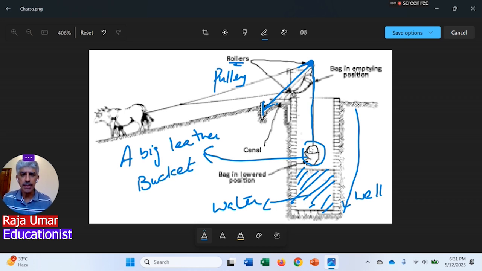This bucket is made up of leather. So this is attached with this rope, and this one is rope, and then you can see that here the sling is coming out, and here is another pulley attached over here, and another sling is coming this way, merging together,